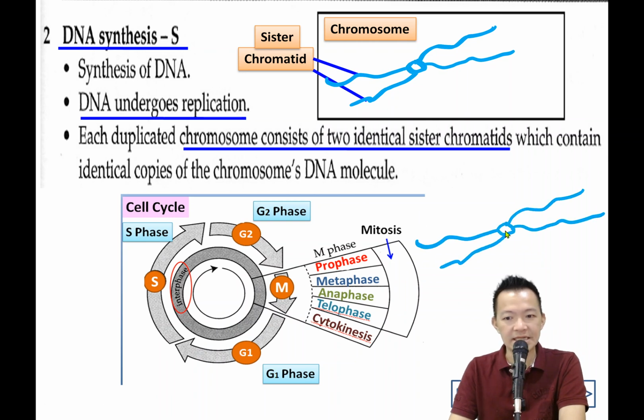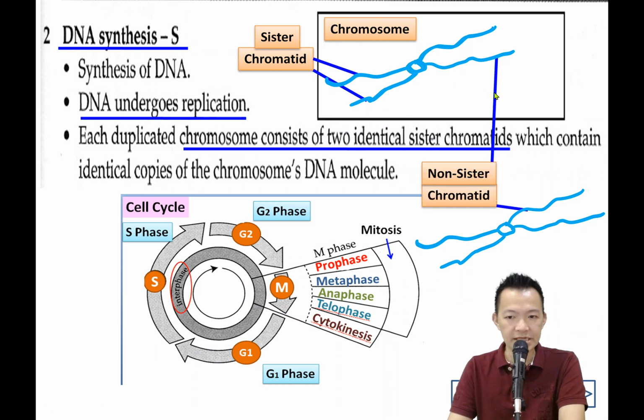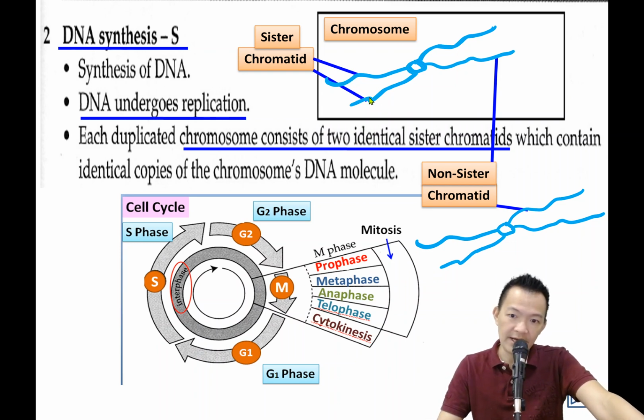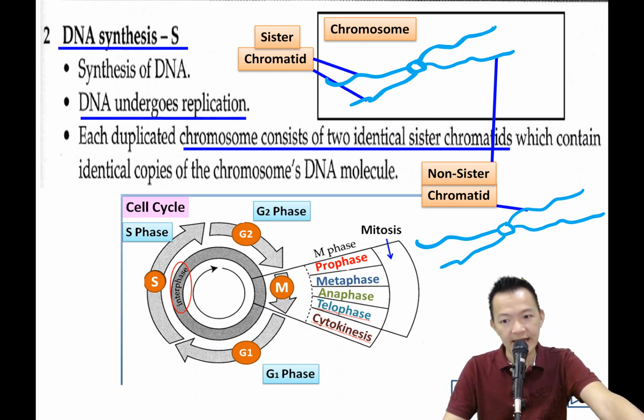Okay, and now say this is another chromosome. You can draw anywhere. 你可以画在任何的地方。This is another chromosome. But this chromatid and this chromatid, can you call them sister chromatids? 姐妹的染色分体 actually cannot. So this one compared to this one, they are non-sister chromatids. 它们不是姐妹的染色分体。Sister chromatids 一条两条，这整个叫 chromosome. This is another chromosome, and these two are non-sister chromatids. 它们都不是姐妹的染色分体。